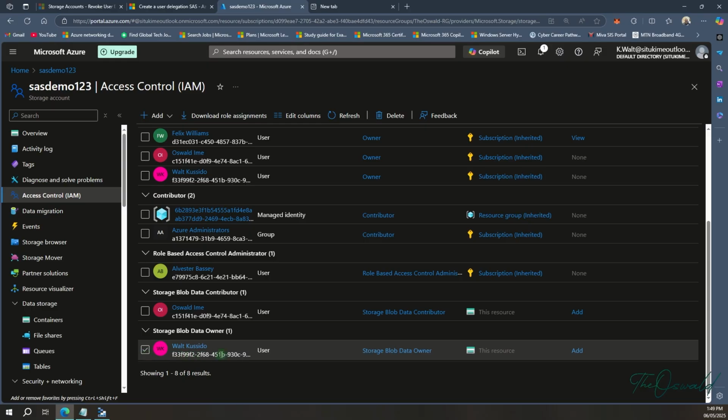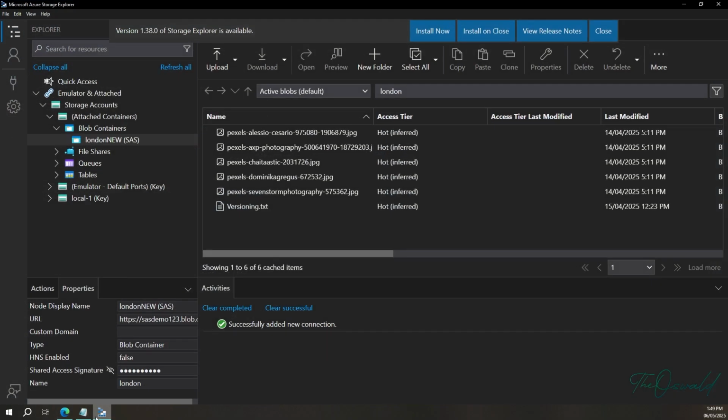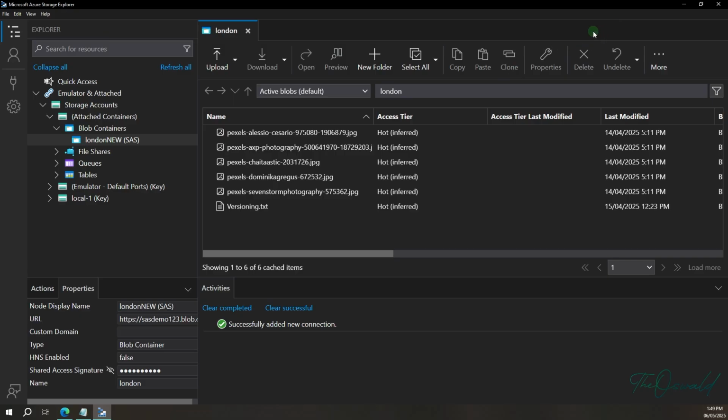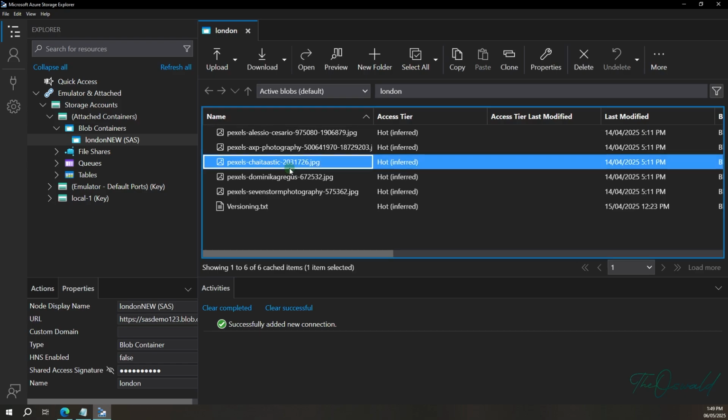So if you come here and delete this, it might take some time because the user delegation key and the RBAC rows are cached in Azure storage. It might take some time for that to happen in your storage explorer. So right now I can still go in and access things right here. I can even open a file here. Okay, this is asking me to update this. Not now. And just go in and view a file or something, or delete a file. I still have access to just say delete this,